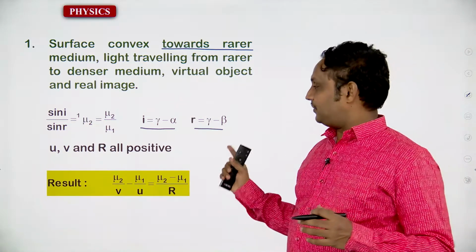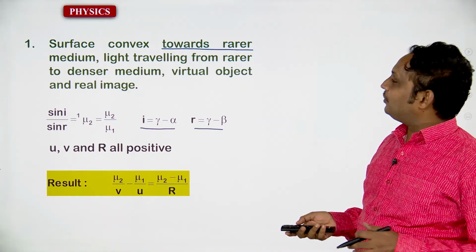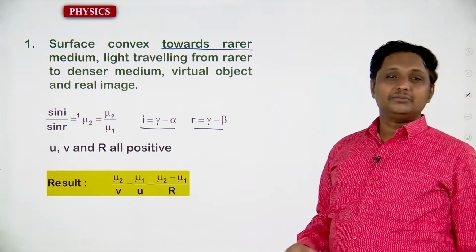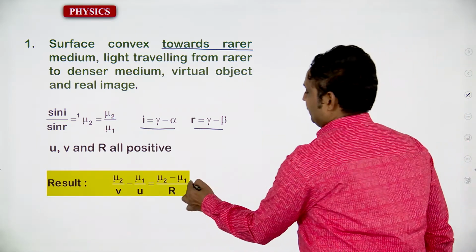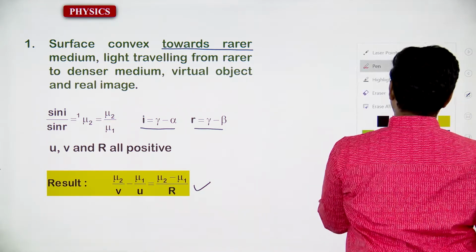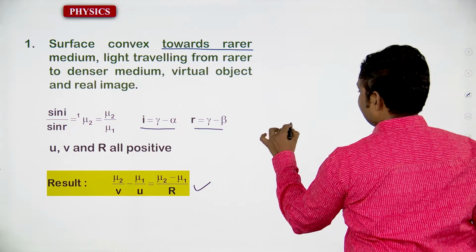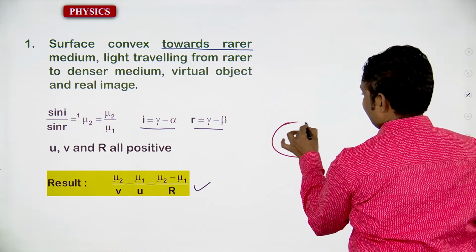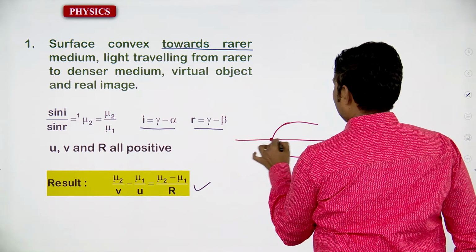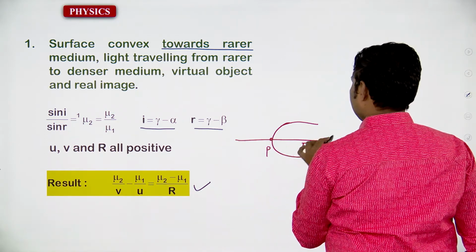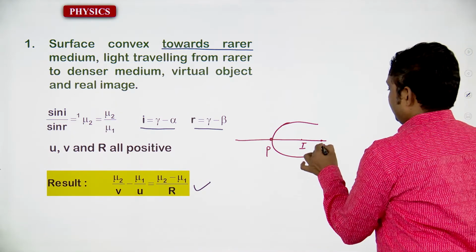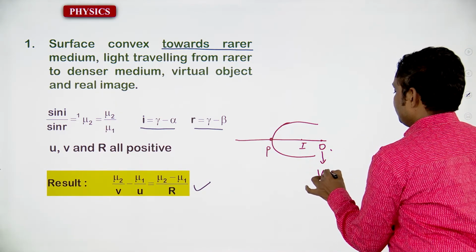So it is very clear, you have to confirm that the object is going to be virtual. This is the relation, and mostly we are going to use it in the problems. Yes, we are going to do the problems with the help of this. We would like to go for that P, and here the image position is there, and the object position is going to appear here, it's going to be virtual.